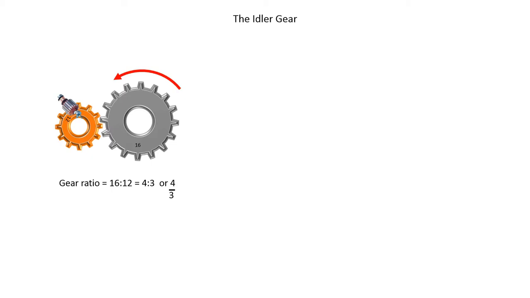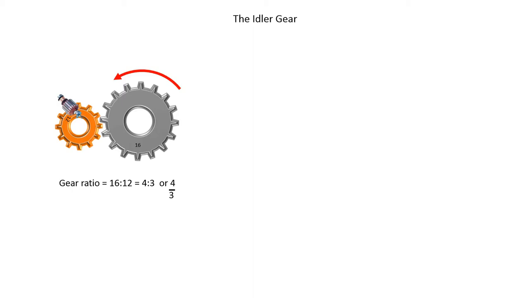Recall how we calculated the gear ratio. It's the number of teeth on the driven, 16, divided by the number on the driver, 12. So that is 16 to 12 or 4 to 3, and can be written as 4 over 3. But remember that when we talk about rotations and not number of teeth, then the first number refers to the driver gear's rotations and the second number to the driven gear's rotations. So in this case, we can say that the driver rotates 4 times for every 3 rotations of the driven